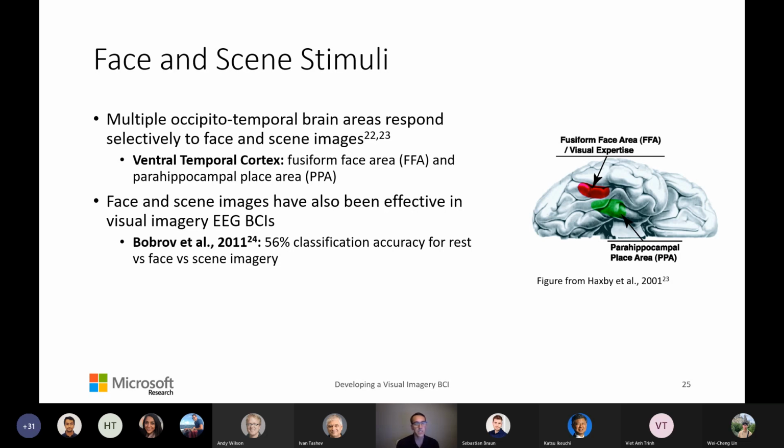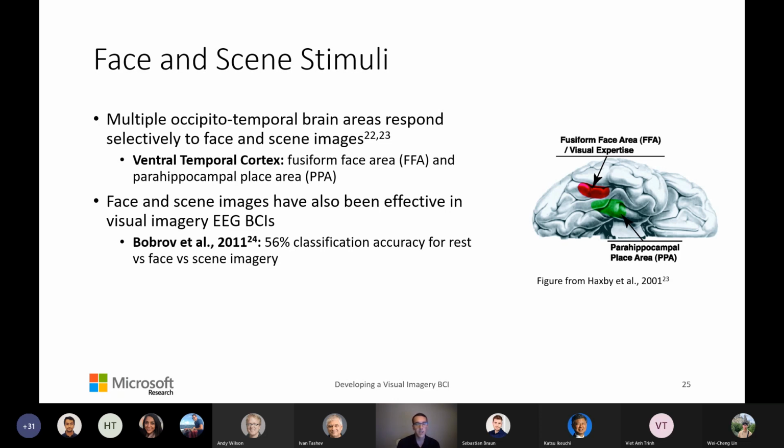There are multiple sites throughout the occipital and temporal regions in the brain that seem to respond pretty selectively to faces and scene images. Perhaps the most well-known and well-studied are the areas in the ventral temporal cortex, the fusiform face area and the parahippocampal place area. But there are also different areas of the occipital regions that seem to respond more maximally to either